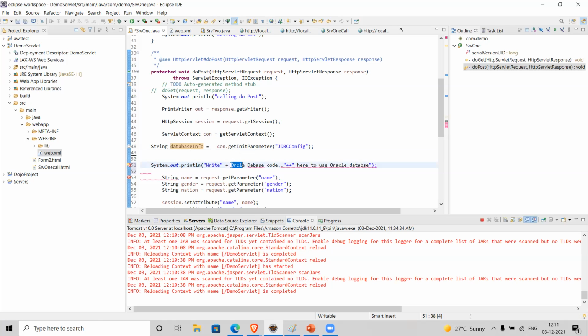So which database is being used, I'm not sure, so I want to read that information from config.